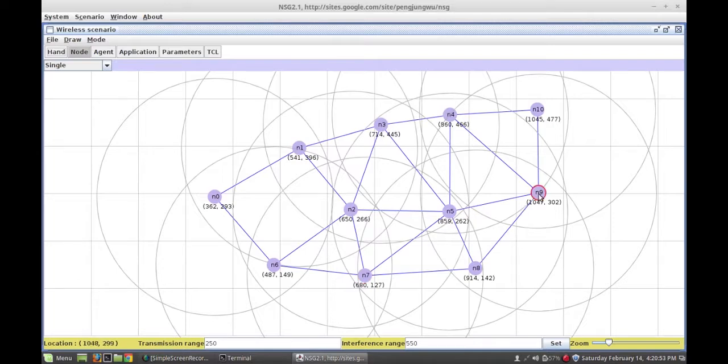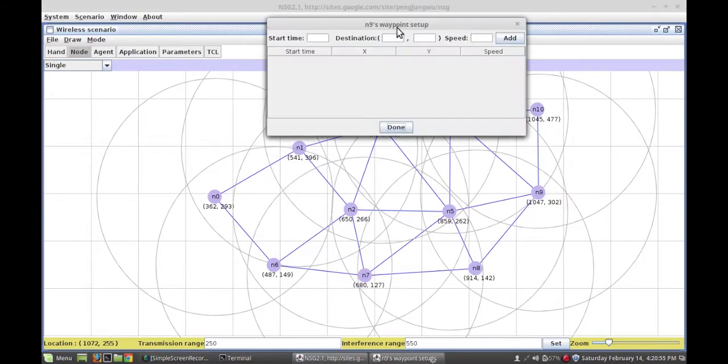Now I want node number 9 to move at the time 6 to the coordinate 800, 500 at the end of the simulation at the speed of 60.